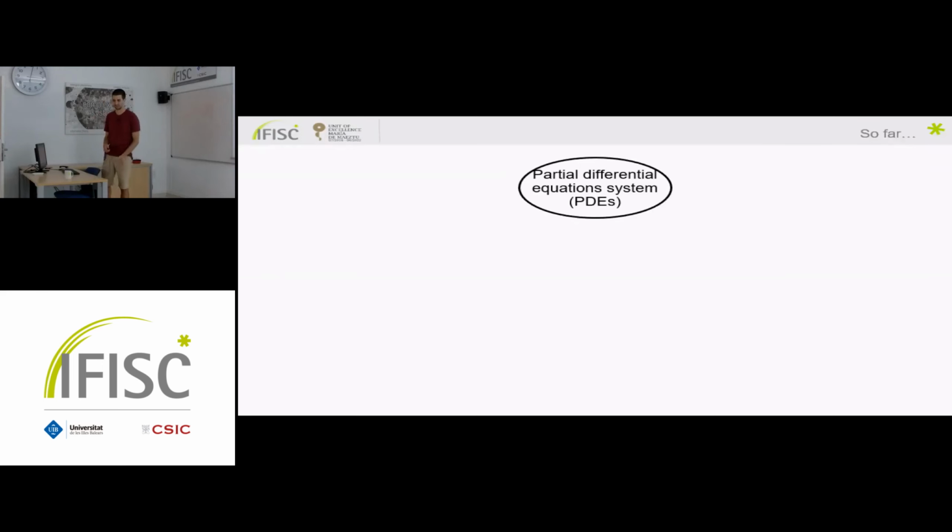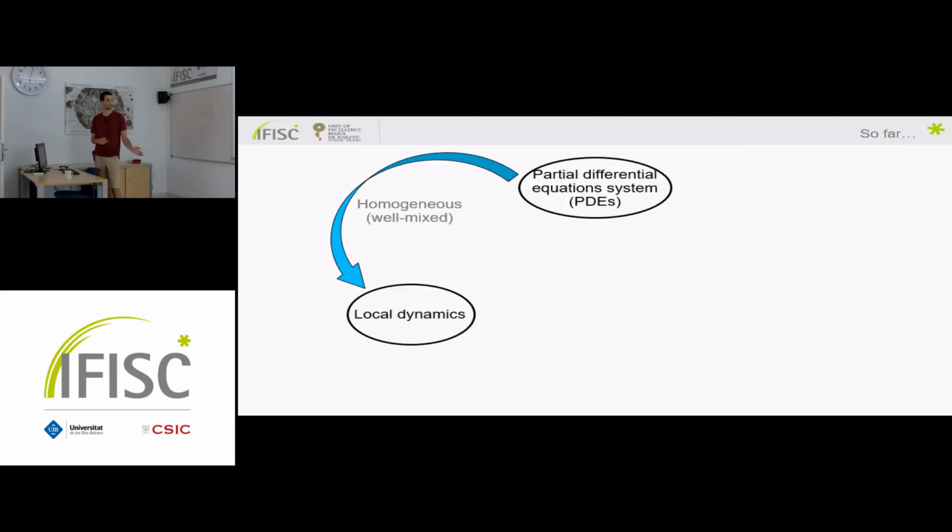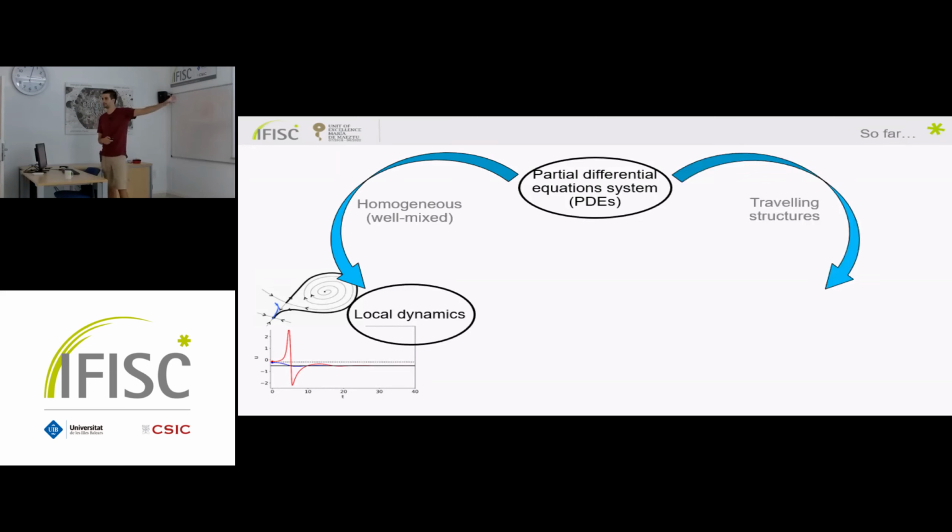So now what we have so far is our system, defined by a partial differential equation system. From this system, we have two kinds of solutions that are important for us now. On one hand, we have the homogeneous trajectories, that is how the system behaves when we initiate it with a well-mixed initial condition. This is described by the local dynamics, where we have local excitability, as I explained at the beginning. On the other hand, we have traveling structures, like the pulses. These ones are described by the moving reference frame system.